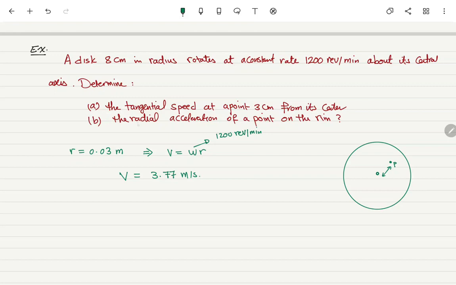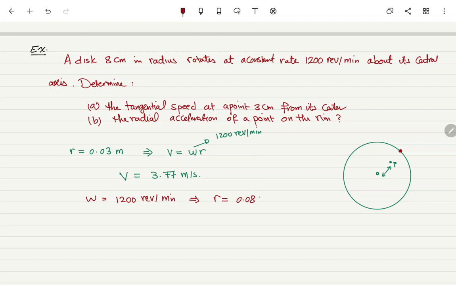Now the radial acceleration at a point on the rim, somewhere right here, we need to calculate the radial acceleration of that point. In this case, omega equal to 1200 revolution per minute, and R is equal to